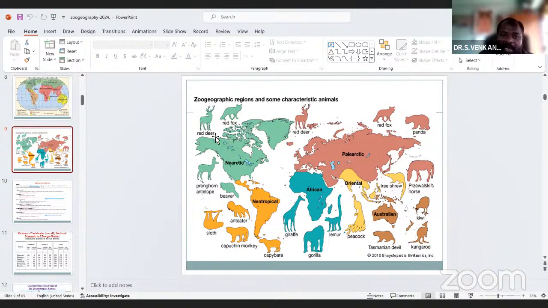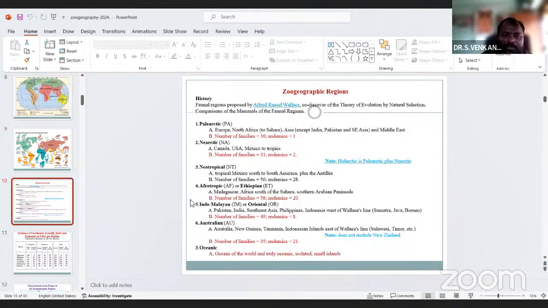In the Nearctic region, the fauna include red deer, red fox, antelope, and beaver. In the Palearctic region, there are red deer, red fox. In the Ethiopian region, giraffe, gorilla, and lemur. So in these particular places, particular animals are living.